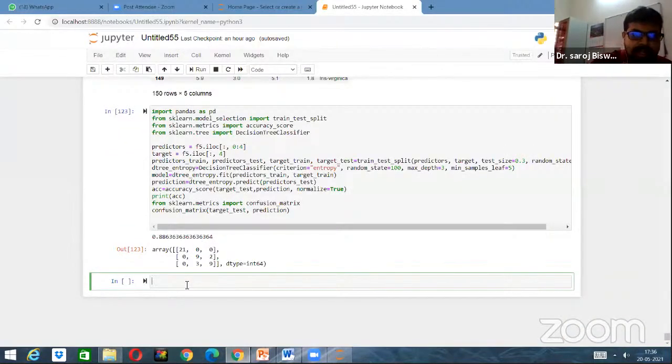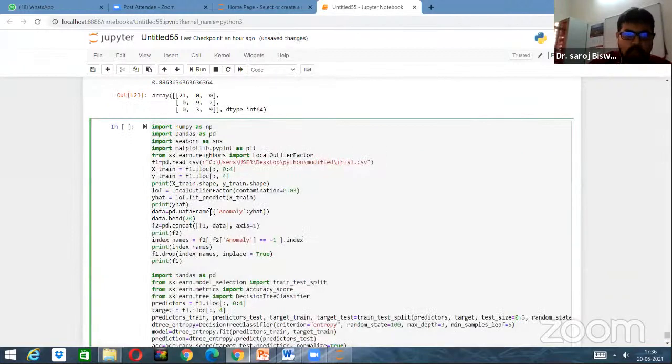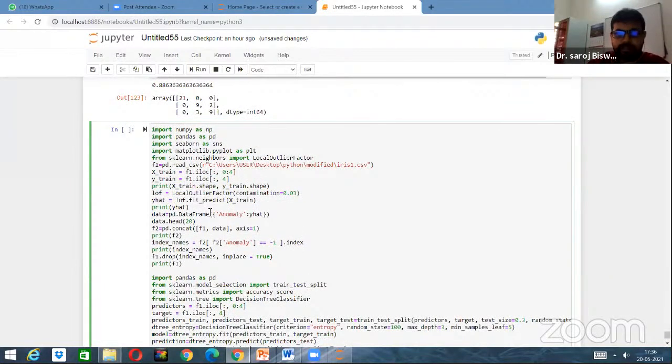Initially I have applied the LOF technique to find the outliers, and I want to confine the number of outliers to 4 only. That's why contamination,